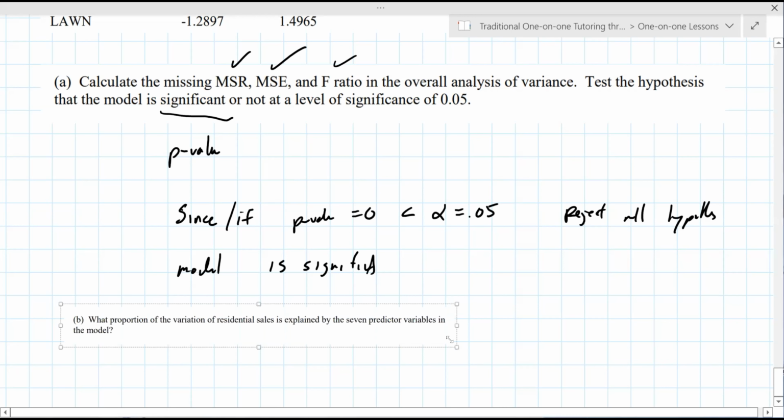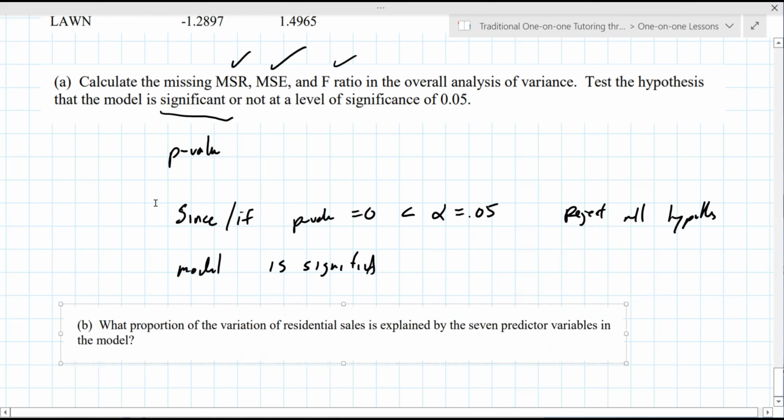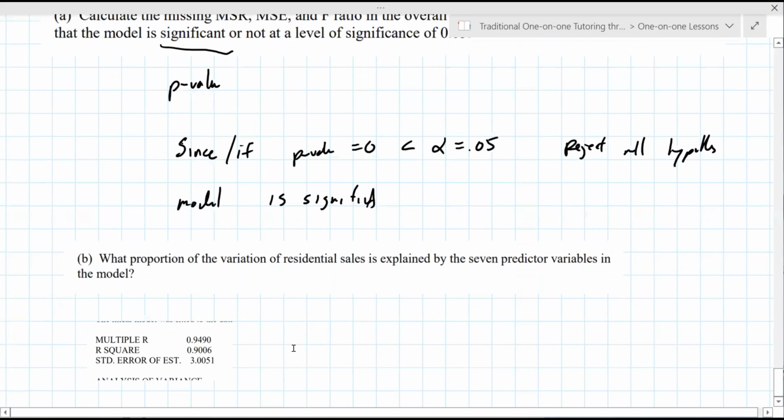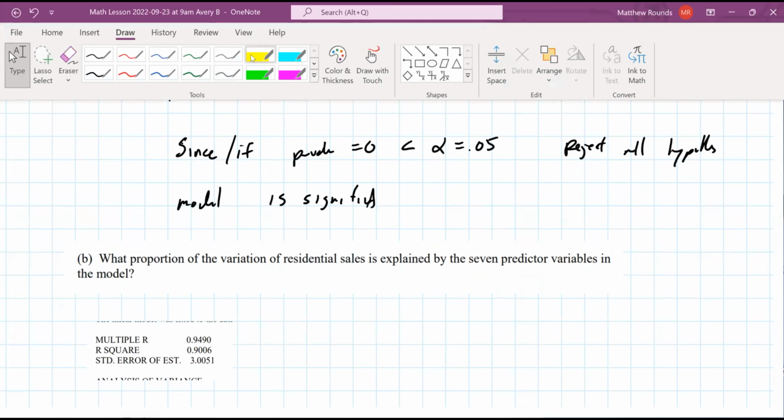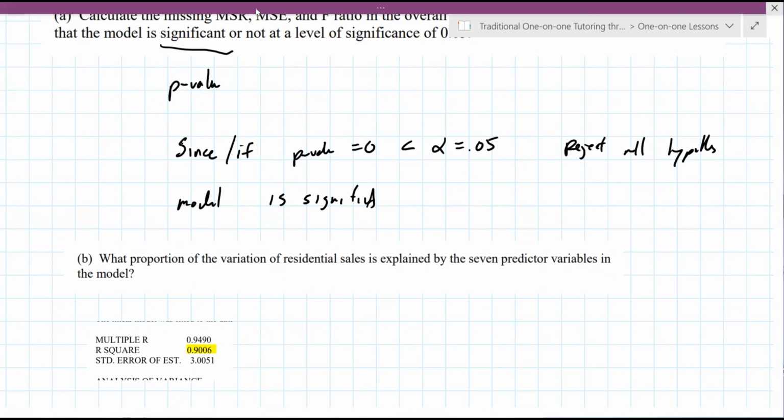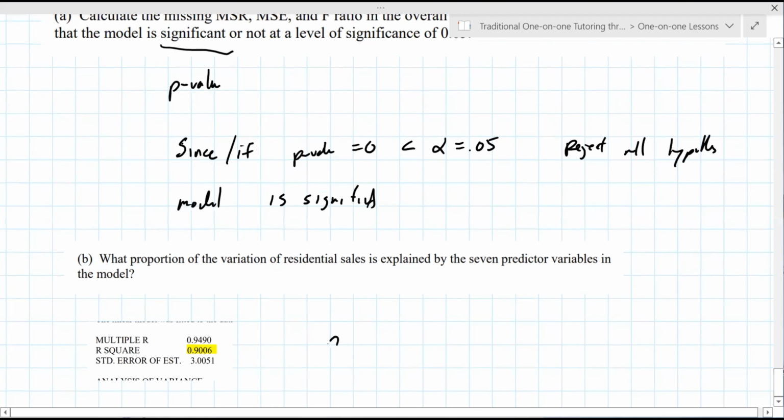All right, part B. What proportion of the variation of residual sales is explained by the 7 predictor variables? So this is just a number you're going to look up in the model. So here we go. You're looking for the R-square value. Okay. So you would say 90.06% of the variation in sale price